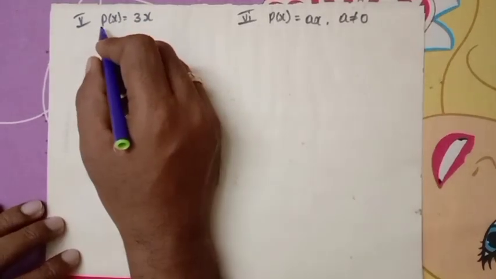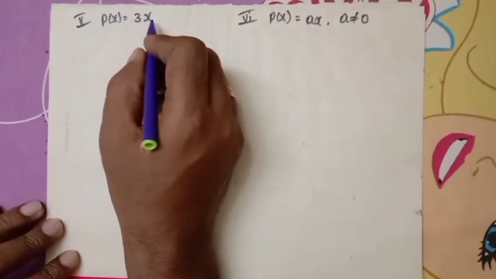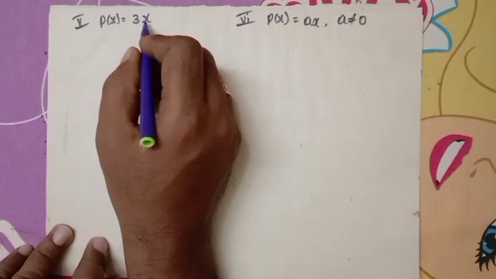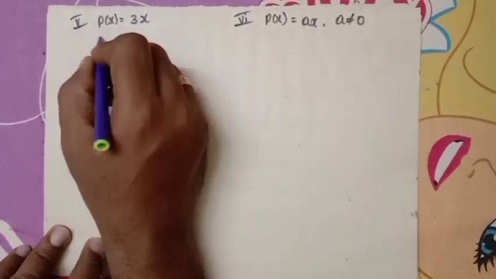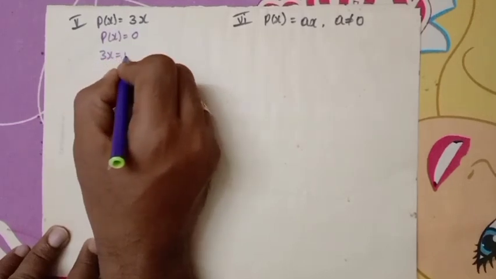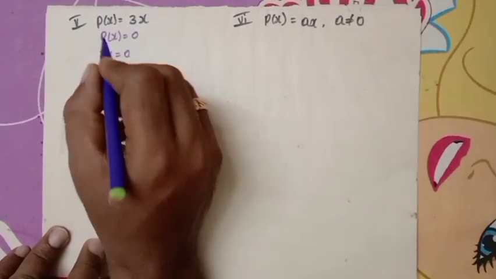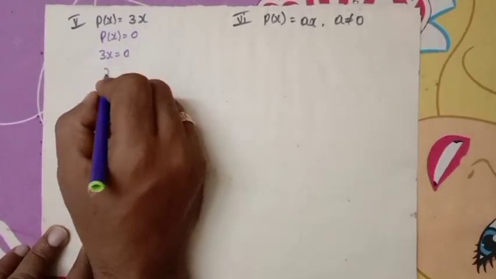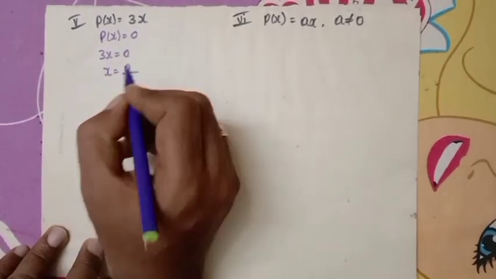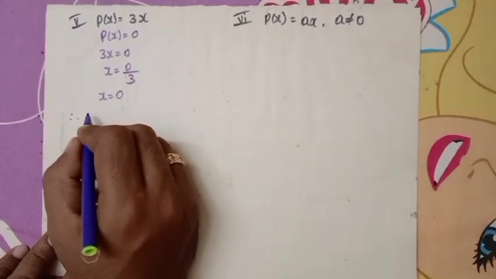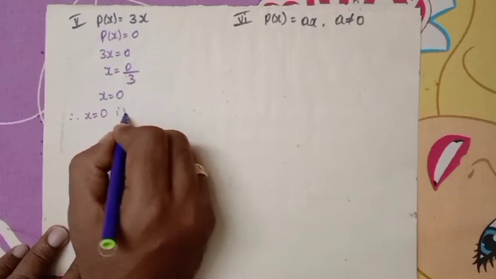The fifth problem is p of x is equal to 3x. We have to find the value of x for which p of x is equal to 0. So, 3x is equal to 0. As p of x is equal to 0, 3x is equal to 0. So, the value of x is equal to 0 by 3, that is, x is equal to 0. Therefore, x is equal to 0 is the zero